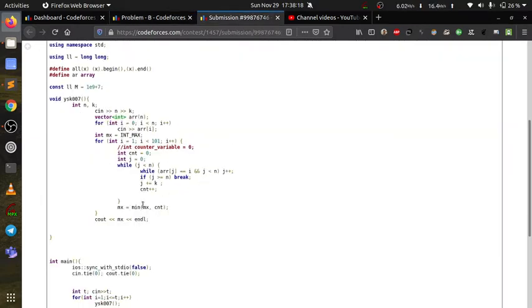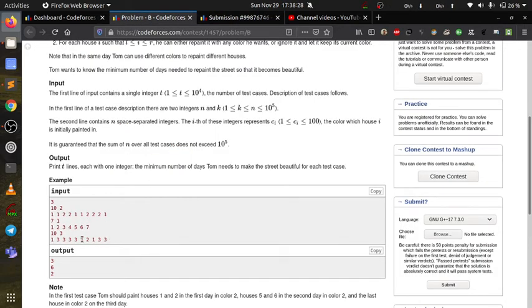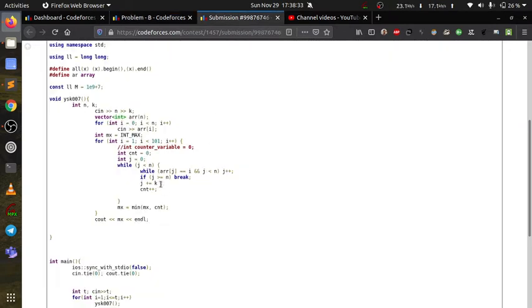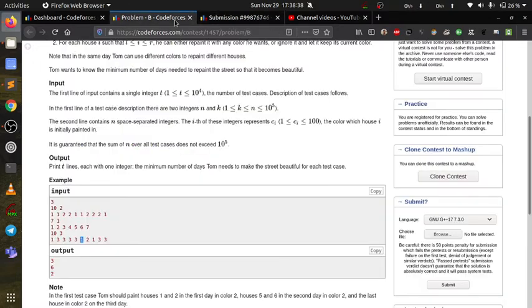Basically, if I encounter a value which is not equal to that element, suppose I come up with 1 and it is not equal to 3, then I will simply increase j by the k slot. Here the array is 3. If I encounter this, my j comes here. I will simply increase j by 1, 2 and 3.